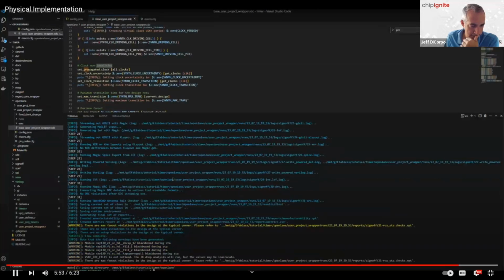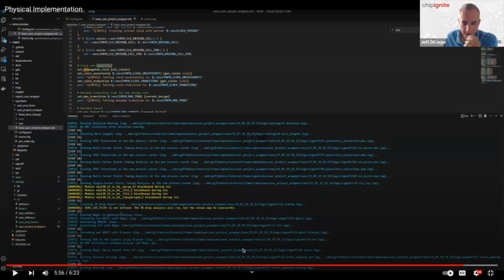Now, the user project wrapper has also been hardened successfully. Okay, so it's just going to run to completion and then we review the same kind of warnings that we saw previously for the sub macro in the design. So again, at a very high level, what we walked through here is updating the